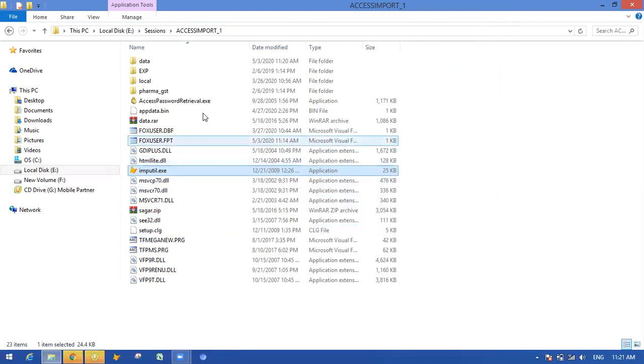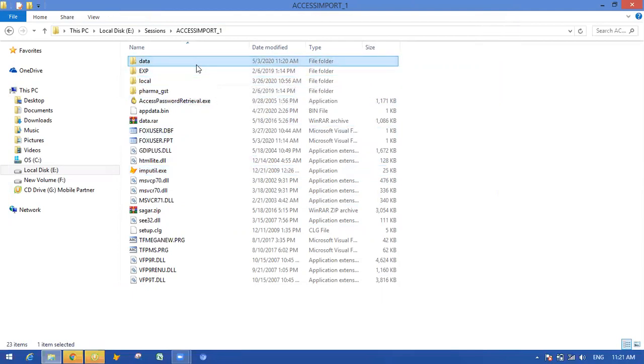Once the process is completed, you just need to check in the access import folder only. You will find a data folder which we discussed earlier, and here we checked and deleted all the DBF files, and we made this data folder blank.